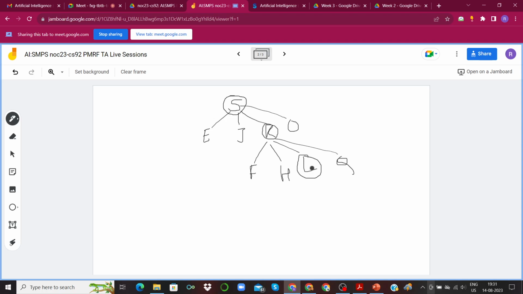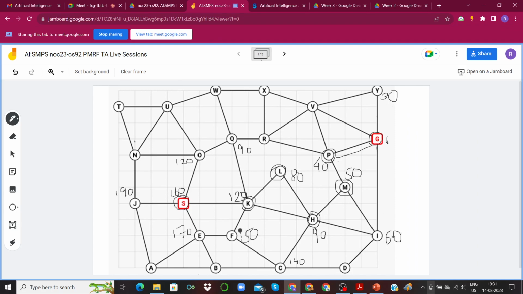So what we do is we follow the priority queue, which would have had H at its front at that point of time. Our queue would have looked something like this: L with 80, H with 90, then Q with 90, and F with a certain value, 150 or something, right?